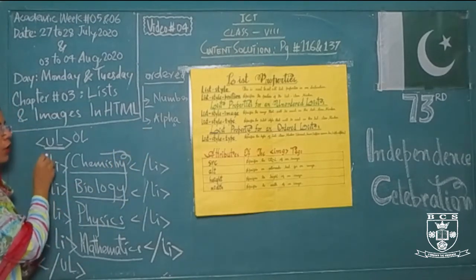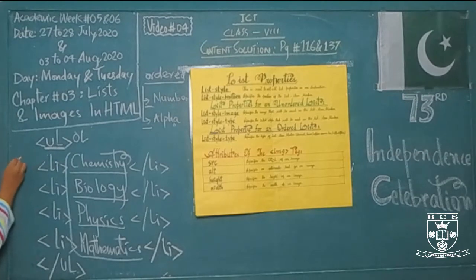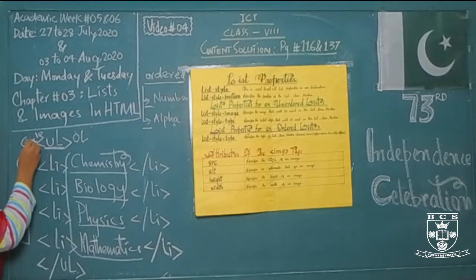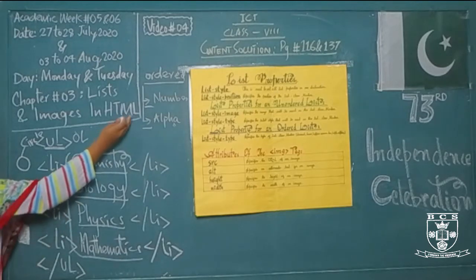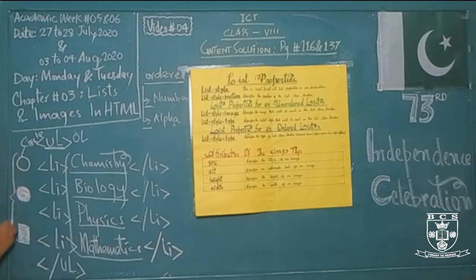Or if you are having the unordered list, they will show themselves with three different options, and these are known as the different bullets. If the bullet is hollow, then this is a circle, and if your bullet is a completely solid round, this is the second type of bullet we may have, and this is the third type of bullet that we may have in an unordered list, because we don't have to mention the sequence with the help of numbers or alphabets. So these three types of bullets can be used for an unordered list.